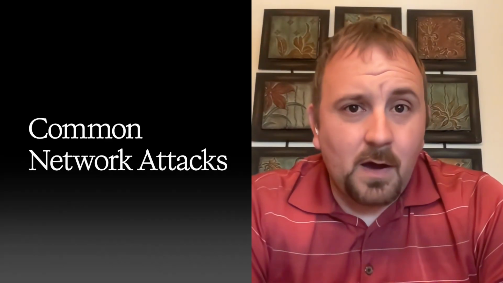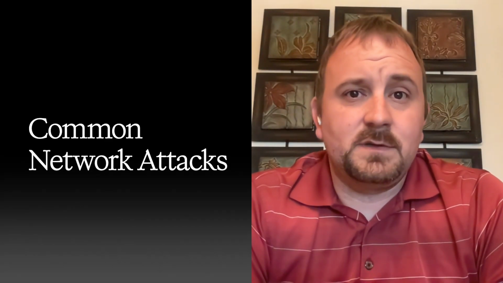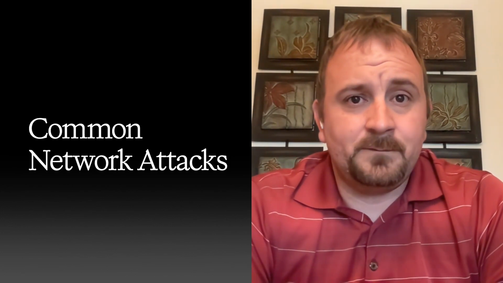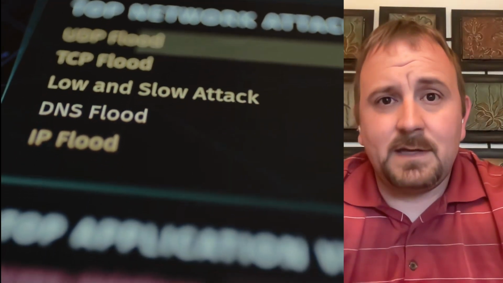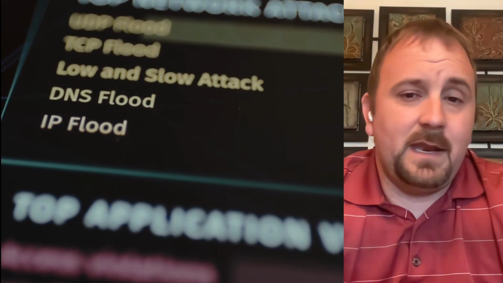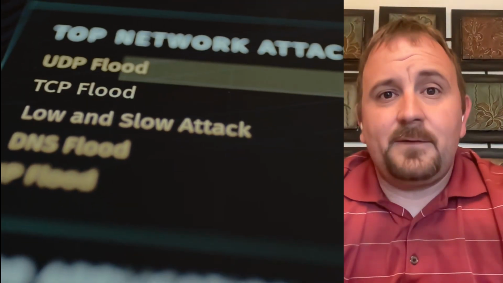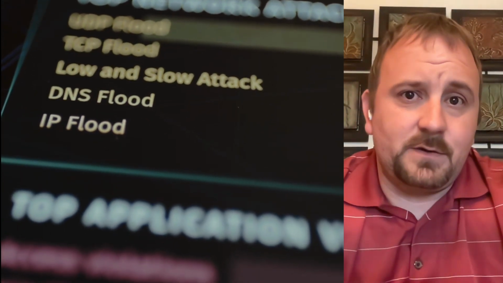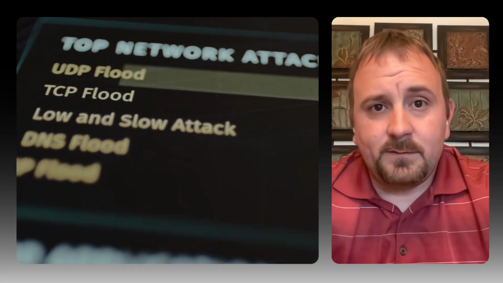So what are some common network attacks? The main network attacks you're going to need to know are denial of service and distributed denial of service, known as DoS or DDoS attacks. Also fragmentation attacks, oversized packet attacks, spoofing, and then the man in the middle or machine in the middle attacks. A denial of service attack floods a system to make it unavailable, while a distributed denial of service attack will use many systems or a botnet at once.